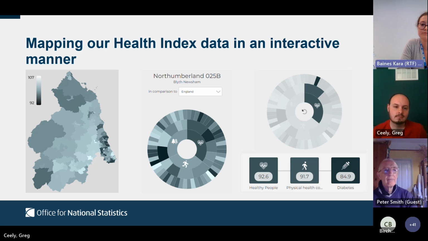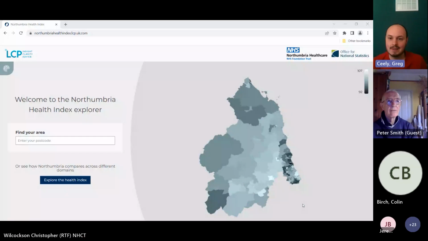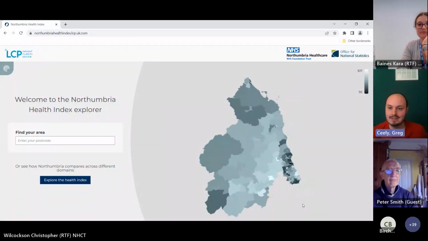Now, this is where we were hoping to do our live demo. Would I be able to share my screen very quickly and show you how all of these charts and graphs look in an interactive way rather than in PowerPoint? I'll try and do that now if I can. And then I'll pass back over to you, Greg, as soon as I've done this. Cool. I was just going to say I had taken control in the first place from someone else, I think Hera, so it might be Hera that'll need to restart the slides after this, but otherwise we can see your screen now.